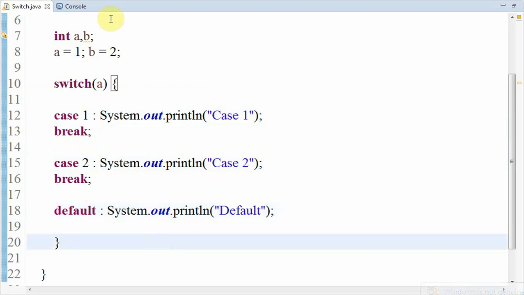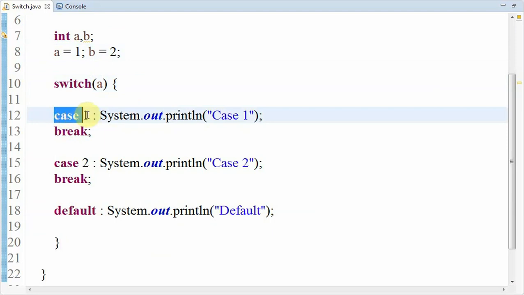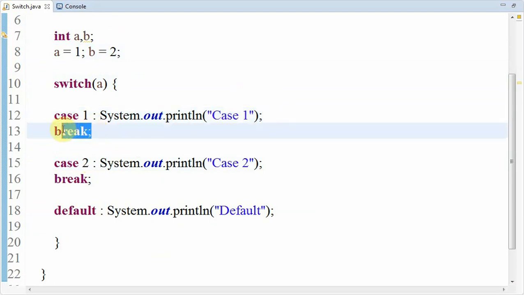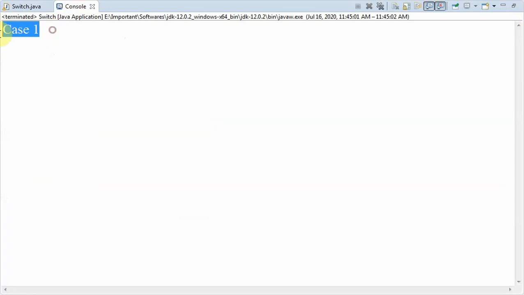So how it works is, when the argument is passed into the switch statement, suppose I have passed a and the value it holds is 1. It checks the different cases to see where the value 1 gets matched. Here you can observe case 1, so the value got matched and it will print case 1. Then the break statement gets us out of the switch. That's the reason case 1 will get printed. So let's see its execution. You can observe case 1 in the console after execution.